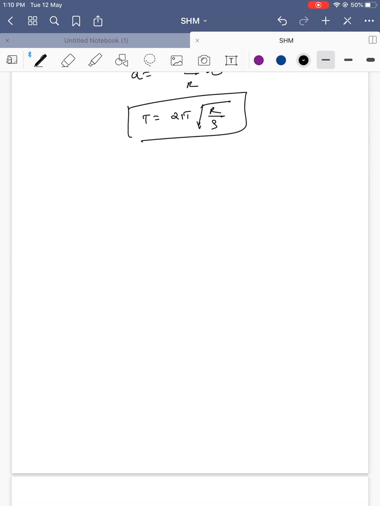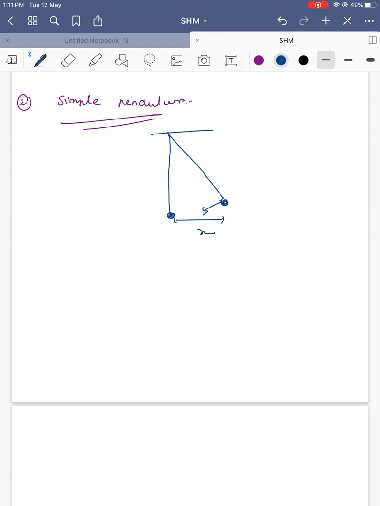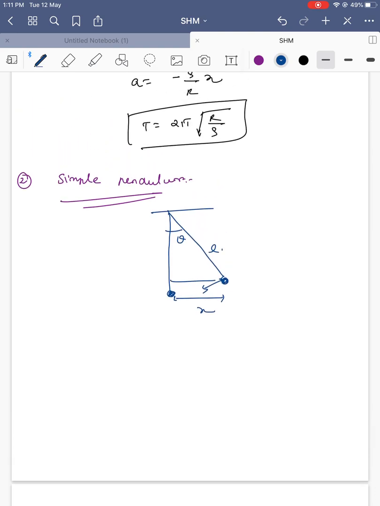Now let's see the simple pendulum also. In the simple pendulum it is the same. The mass is initially at rest and is displaced a small amount, with displacement x. The restoring force is mg sin theta, which is nothing but ma. Theta is equal to x by L, where L is the length, so instead of radius r, the length will be there. So the time period is 2 pi into square root of L by g, if you remember the expression.